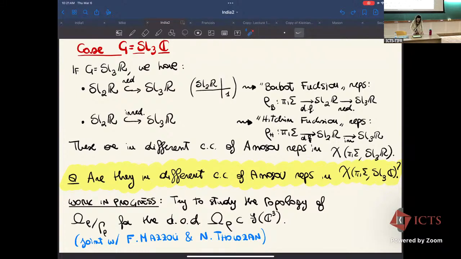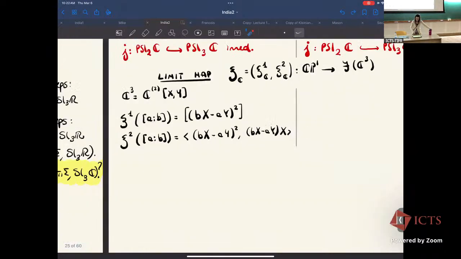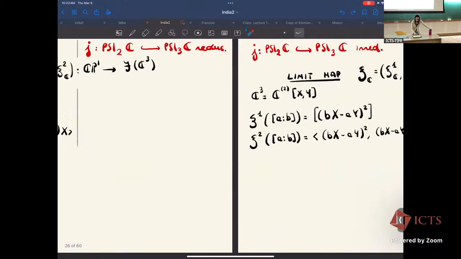Okay, so we were thinking, maybe we study the topology. At the end, it will not answer this because they will be homeomorphic or diffeomorphic. Okay, so let me describe these two maps